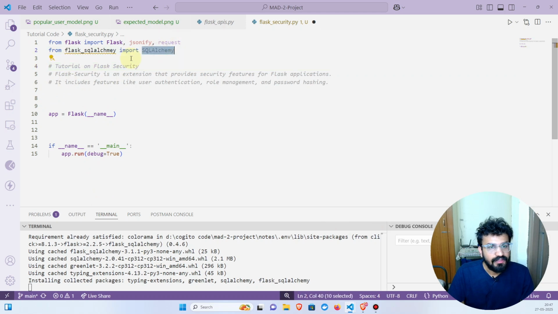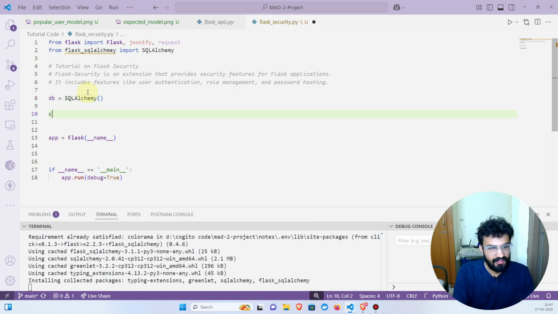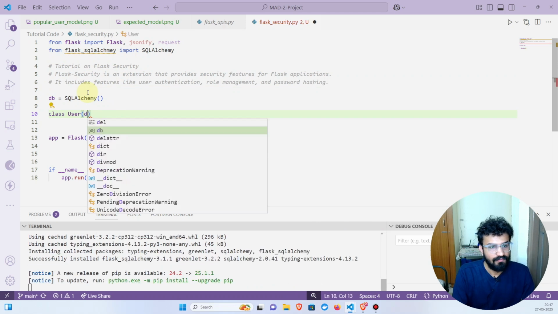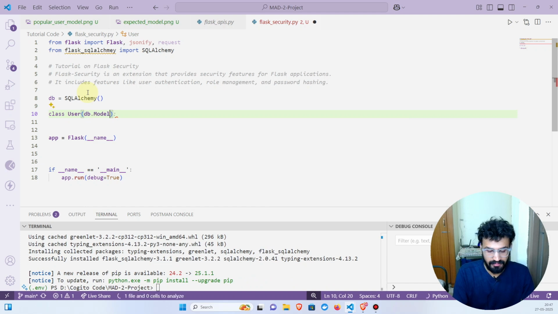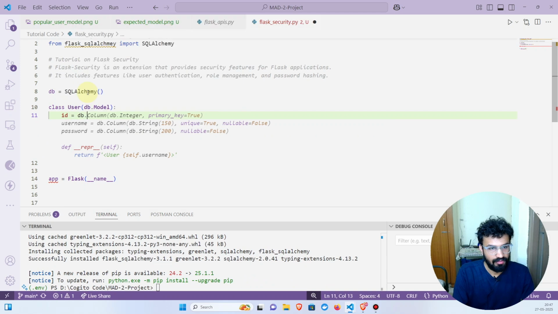Now I have imported Flask SQLAlchemy. First we need to create an object of this Flask SQLAlchemy class, and once we are done with it, we are ready to define the models. So first we need to have a user model, which we will be creating with this command. Let's say we have an ID, which would be db dot